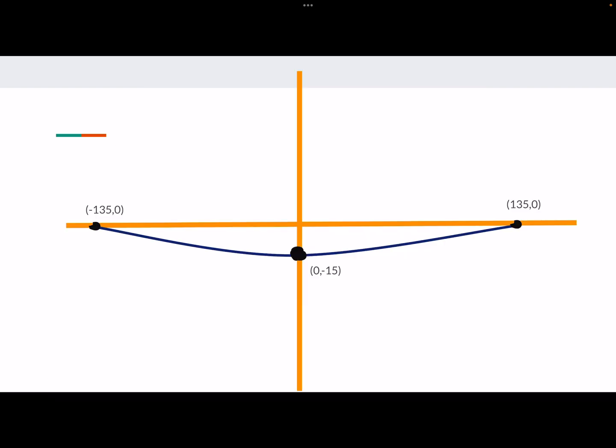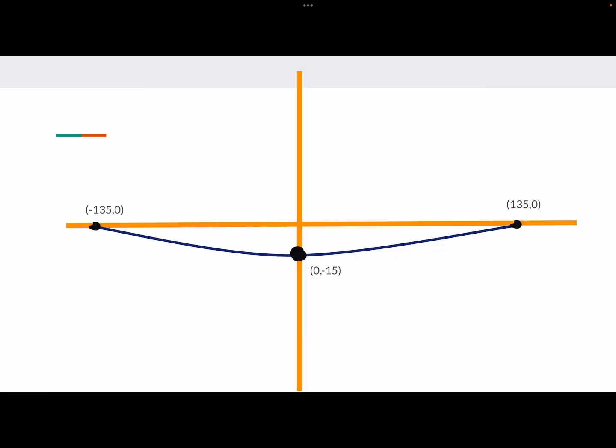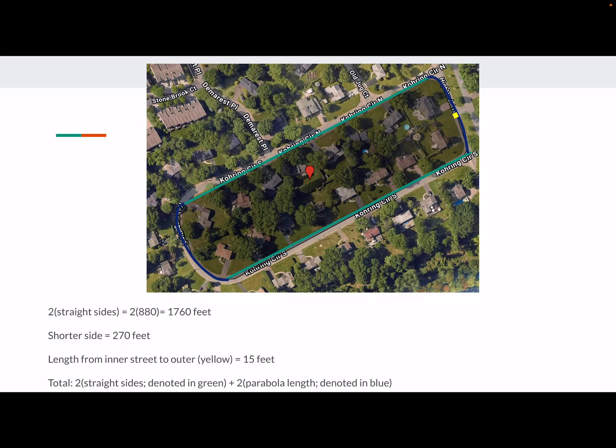This is the graph that I used. If we look back at the map here, I made the x-axis the innermost part of Highland Avenue, and then I plotted two coordinates on the x-axis, negative 135, 0 and 135, 0, by splitting the length of the arc in half. And then the middle of that is essentially the yellow portion, which I measured to be 15 feet, so